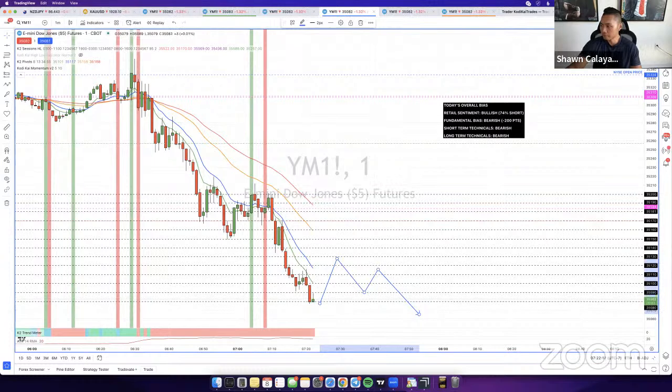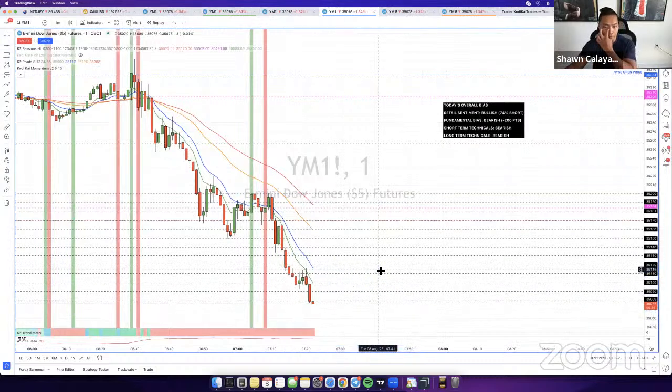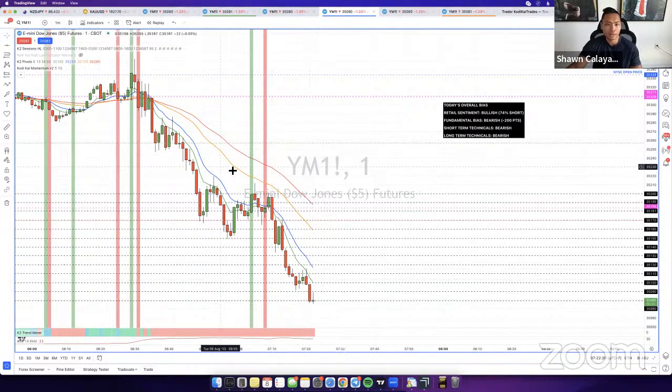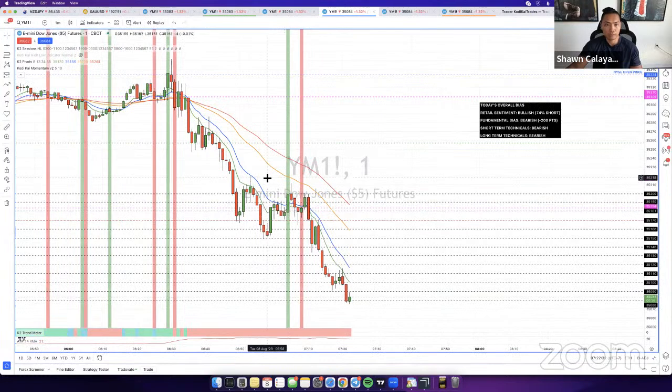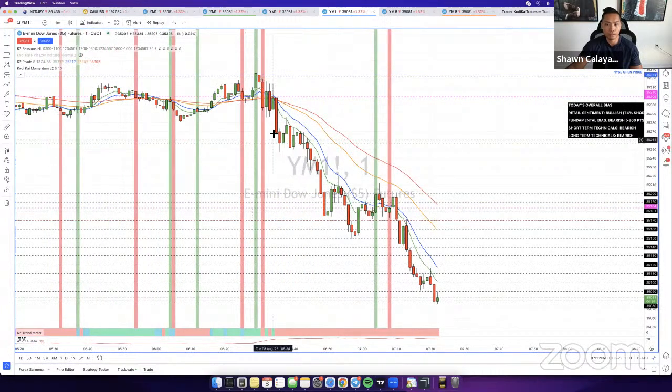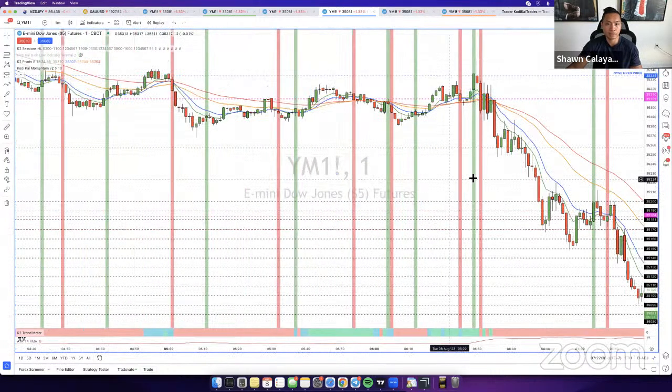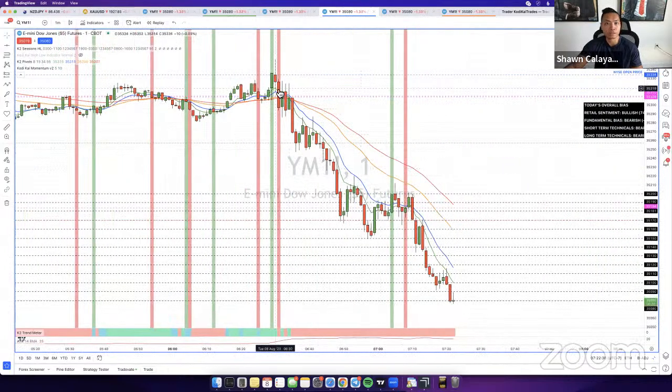Marcin is asking, how big of a retracement do you expect before you start looking for the next entry? I mean, it doesn't really matter. I'm not looking for any big or small retracement. I'm looking for a buy signal. So the buy signal is going to be the retracement. The buy signal could be small, like it was right here. It can be big, like it was right here. It doesn't have to be any specific size. You just need a buy signal to confirm the retracement.